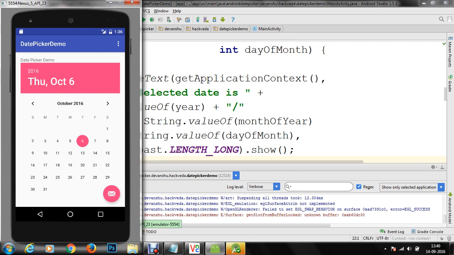Now we would like to show you another demonstration in which this date picker control will be displayed in the form of a fragment. In many cases, you won't need a complete activity to be occupied by a calendar control. It could be that there should be a button, and as soon as you click on the select date button, a fragment or a pop-up should appear, and using that pop-up you should be able to select the date. So let's quickly go to that demonstration.